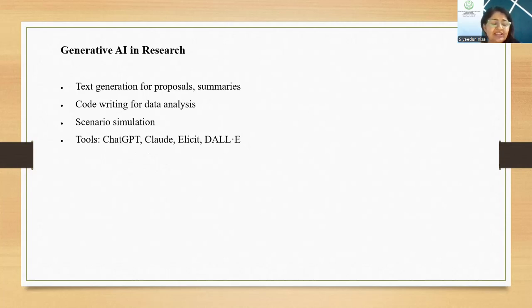Generative AI tools like ChatGPT are becoming very popular nowadays. Every day we are using ChatGPT for one thing or another, and it's not just professionals, but students, teachers, and even school students, class four students, have started using ChatGPT. They can help you draft your survey questions, write part of your literature review, or generate simulated responses for a training model. However, human oversight is very essential for generative AI to ensure that quality is maintained and hallucination is avoided.